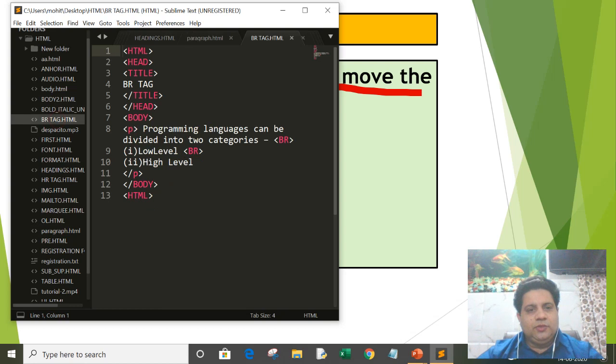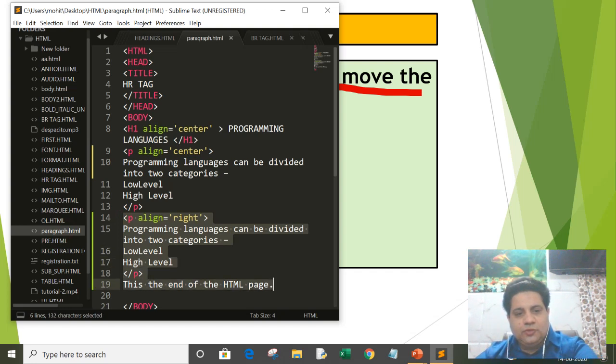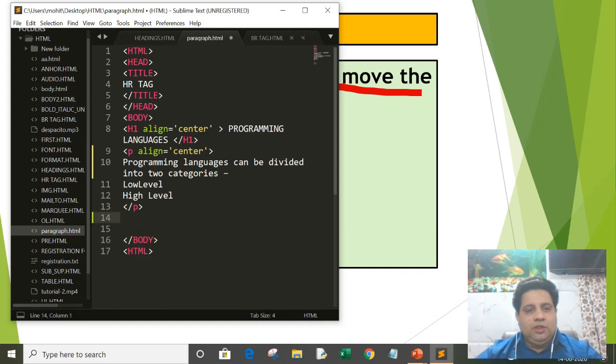BR tag. Now see, I have written here within paragraph. Previously I had written the paragraph tag like this. I am deleting these lines again. Now see, I have written programming language, align equal to left.